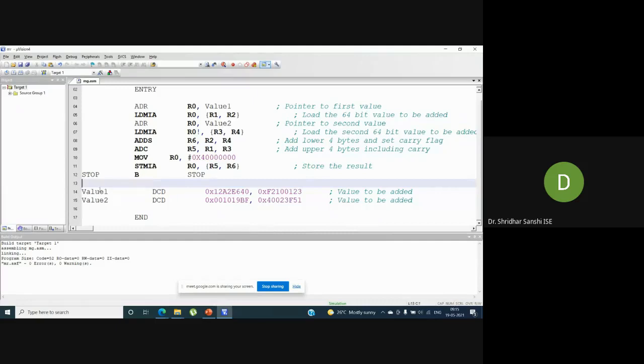We have two values, value 1 and value 2. Each is a 64-bit value. You can see this is the first 32-bit value and this is the second 32-bit value. Value 2 is again 64-bit. So we are adding these two values.